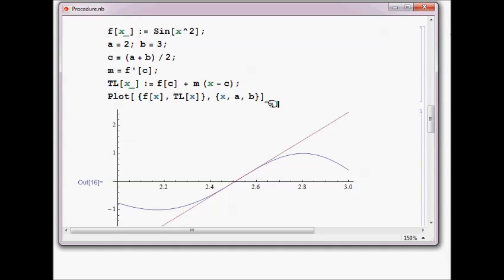So what we're going to do is put everything in here into one command. The following is called a global parameter. The function that we're putting in, and the left-hand and right-hand points of this interval, those are global information. But the intermediate things that we're calculating here to produce the result, we throw away in the result. So c, m,